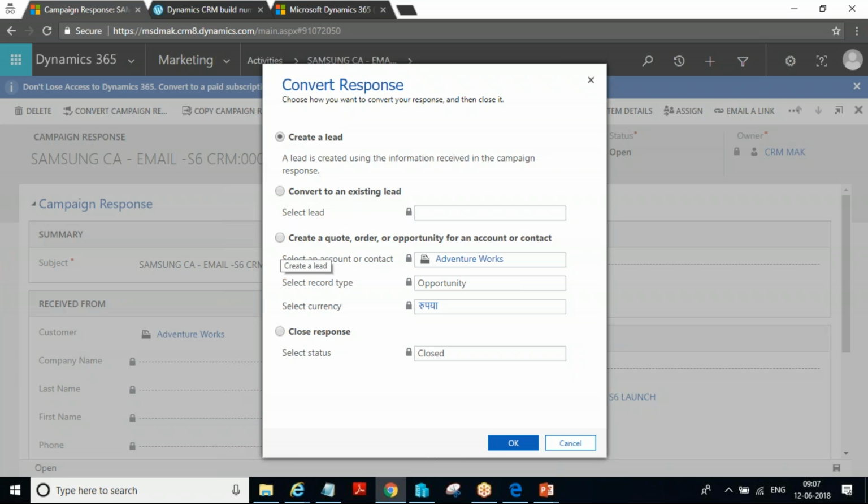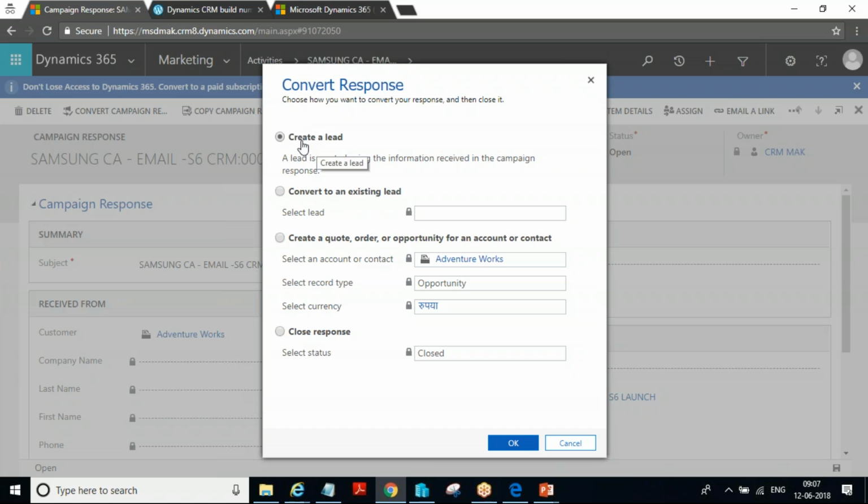Directly we can convert this to an opportunity, which means the customer does not require the demo; they directly want to purchase the product. And if the customer is not interested, we'll close this as a response.